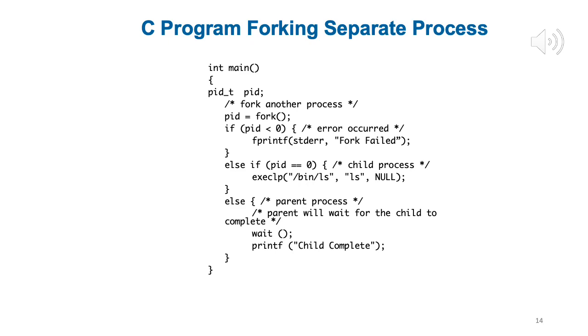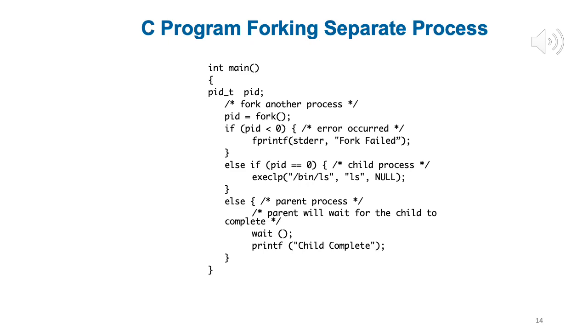To the child it will return 0. So within the child process the value of PID will be 0, and within the parent process the value of PID will be greater than 0. Specifically, it will be the PID of the child. So the child will hit the PID equals 0 branch, and then it will do exec, which means it will execute a new process, not a copy of the parent. It will execute ls, and then get out.